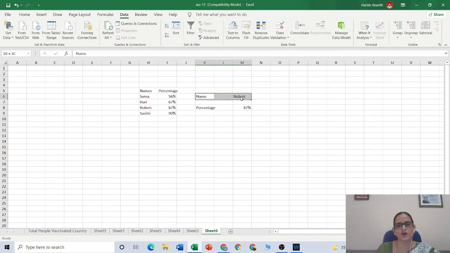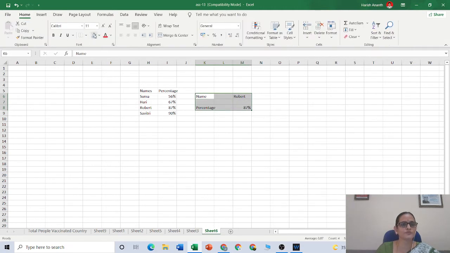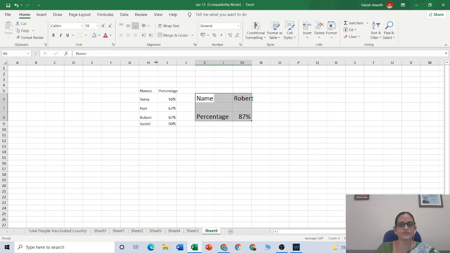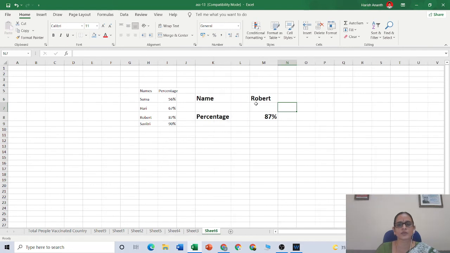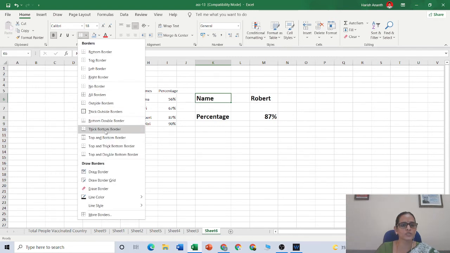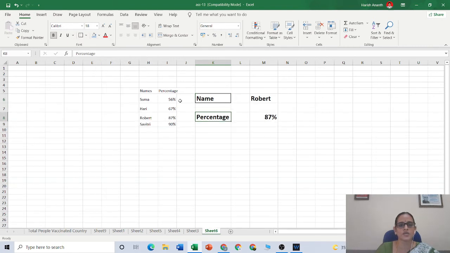First of all we shall format it. I am going to select it and go to home, increase the size of this and make it bold. Okay, I will apply the box for each and every title, thick outside borders.